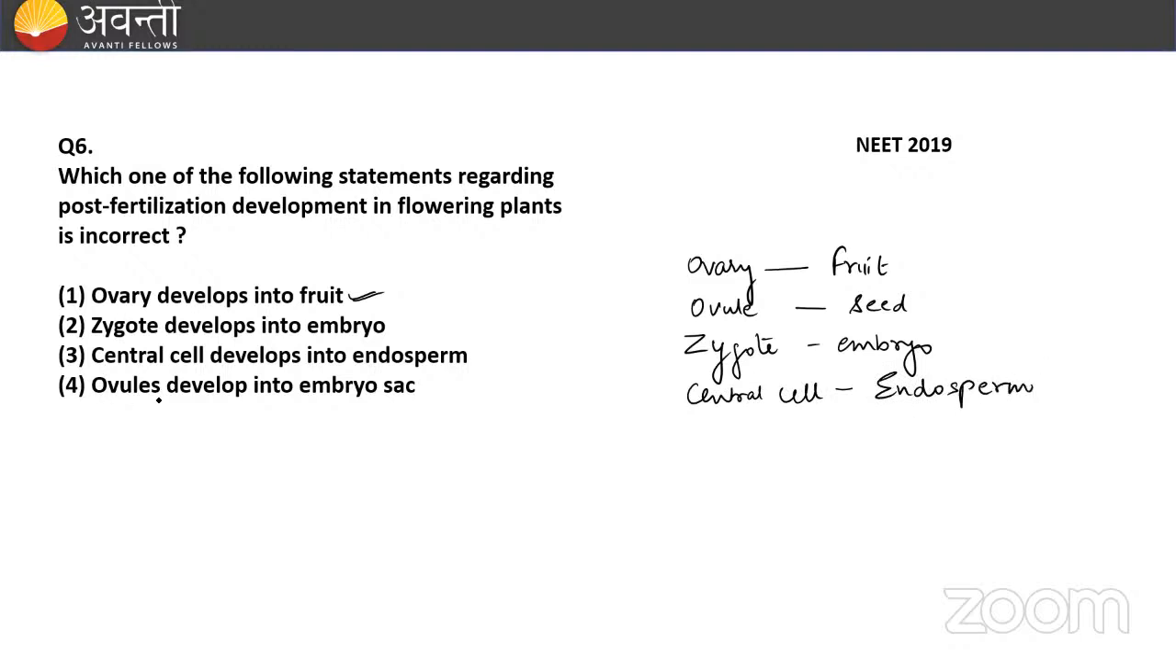But the fourth option says that ovules develop into embryo sac. This is absolutely incorrect, and the correct option with respect to the question. Because embryo sac, they are formed from the